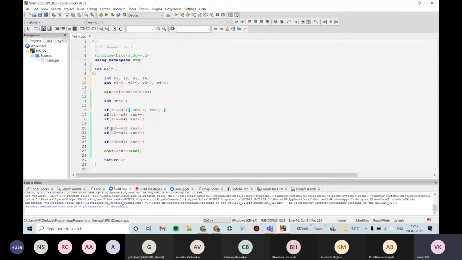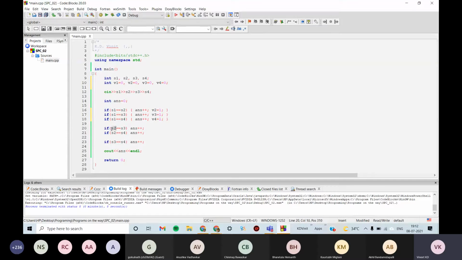So I'm marking S2 as visited. I can check later that if S2 is already done, I don't need to check with it. Here, since I would have already replaced S3 with some different color, I will mark it as visited. And here S4 has been replaced, so I will mark it too.